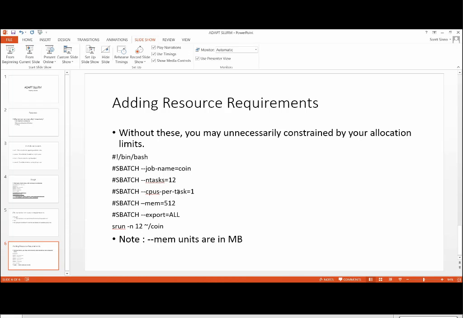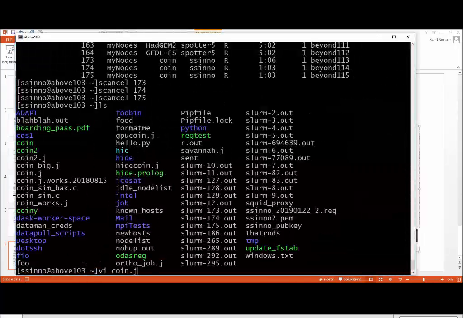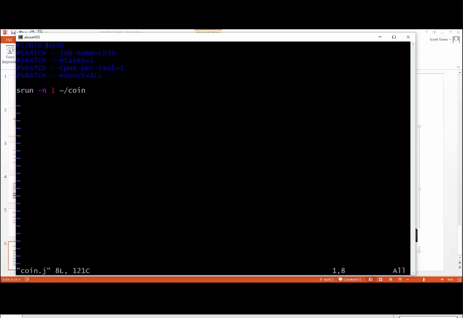So we can modify the job script to make better use of what's out there by more explicitly telling our SLURM batch script what the requirements are. So I want to run 12 invocations of this program, but each one only takes one processor, and the total memory required is only half a gig per. So I specified all that in the batch file, and